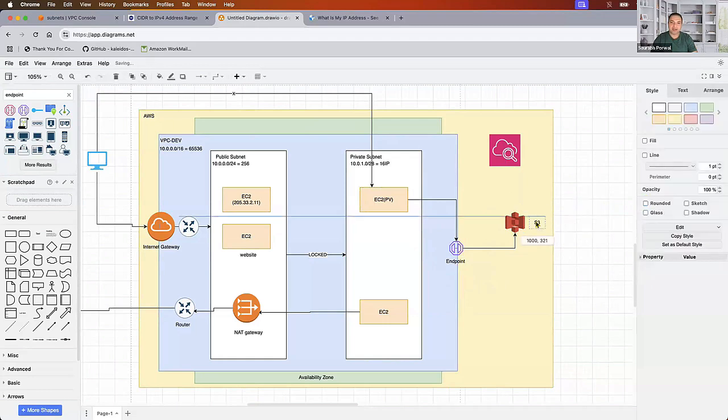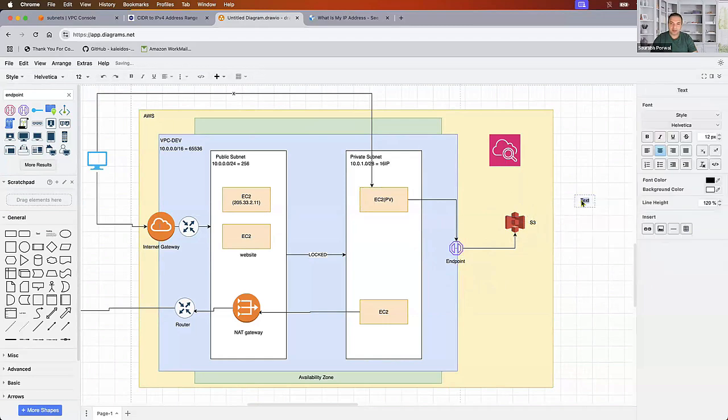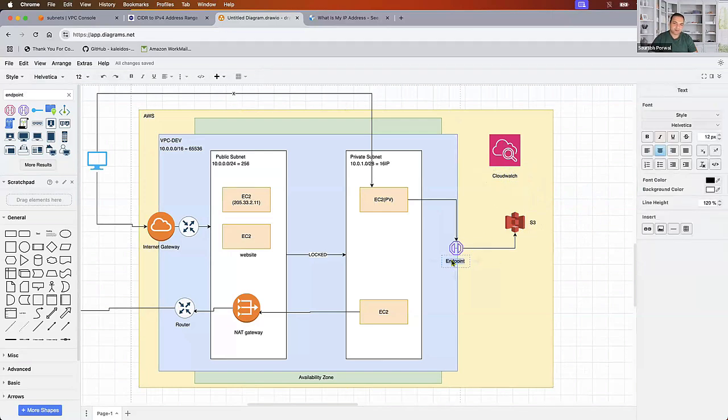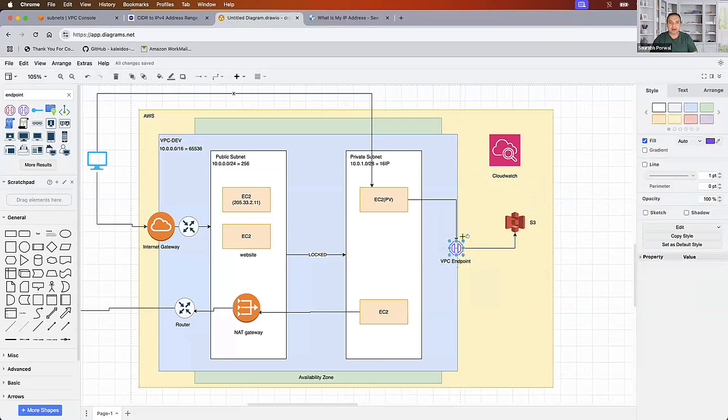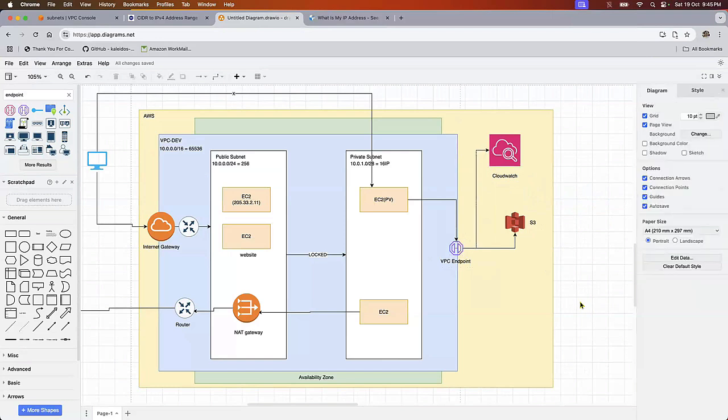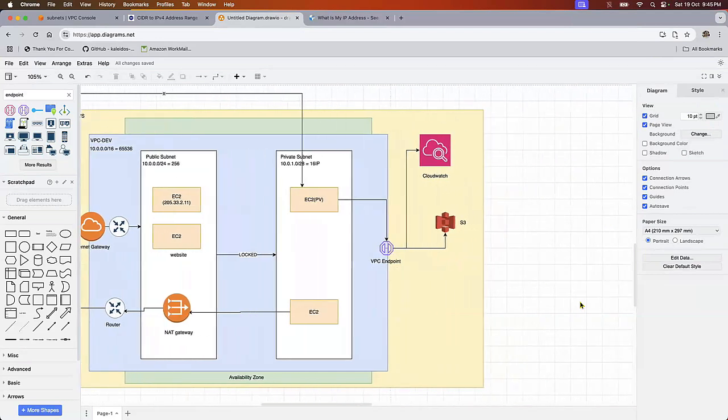We'll go into the details of S3 in subsequent sessions, and the details of CloudWatch as well. But these are the services which lie outside the boundaries of the VPC, and you can create VPC endpoints to connect these services to the other services in the VPC. This is very complex, guys. So even if you struggle, just understand the concept a little bit, and in future we can cover it in detail. Don't try to implement it right away, I would say. Yeah. So this is this, and there's another thing